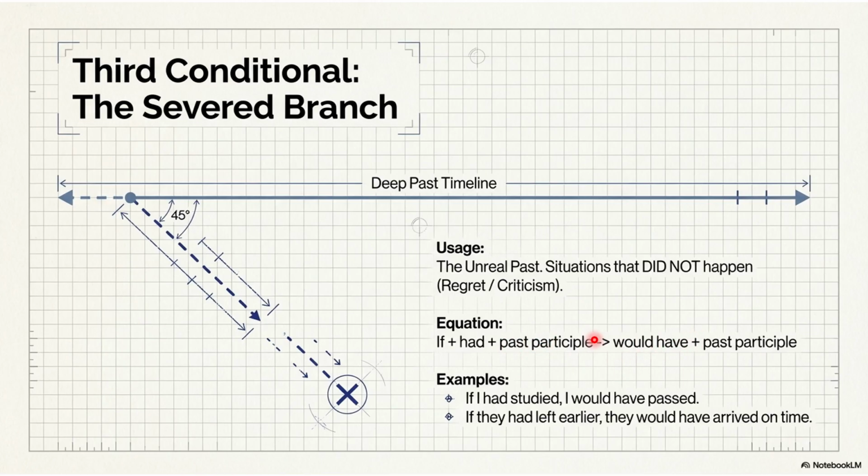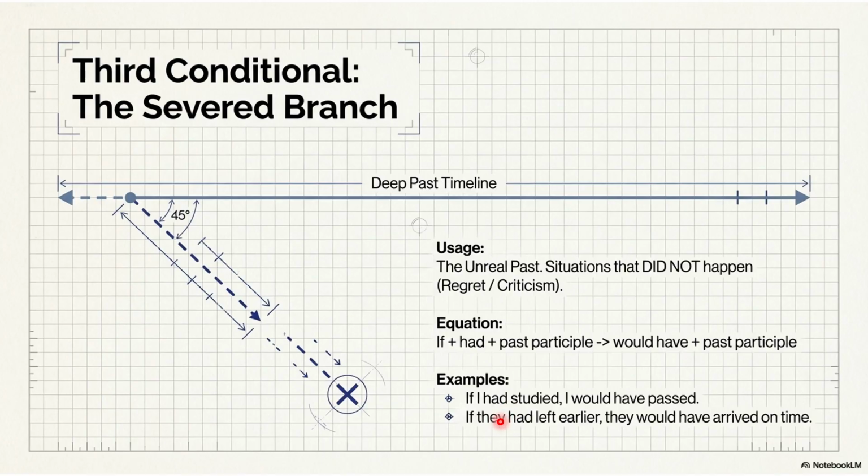Es simplemente para que vean esta, porque la van a escuchar, la han escuchado ya, esta estructura en películas. If I had studied, I would have passed. Si yo hubiese estudiado, hubiera pasado. Evidentemente, no estudiaste y por lo tanto no pasaste, ¿verdad? Entonces, estamos hablando de algo que no sucedió, que te hubiese gustado que fuera diferente, pero evidentemente no lo puedes cambiar porque ya sucedió. Entonces, la tercera condicional me permite estructurar esas oraciones.